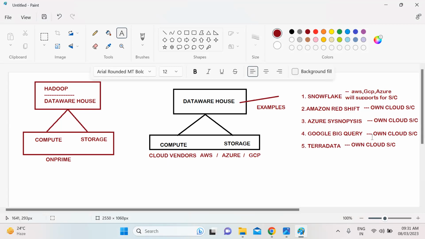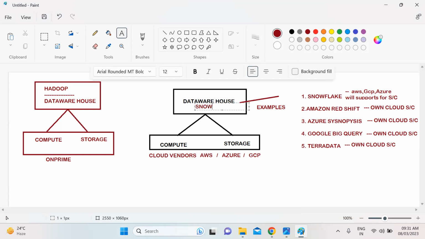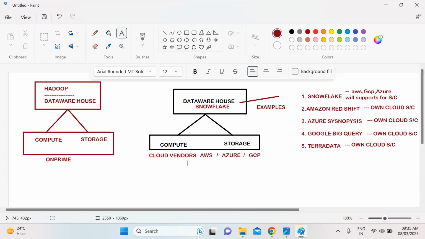So now, for the Snowflake cloud data warehouse, the storage and computing are provided by third-party vendors like AWS, Azure, and GCP. That's why Snowflake is called a cloud data warehouse. Got my point?